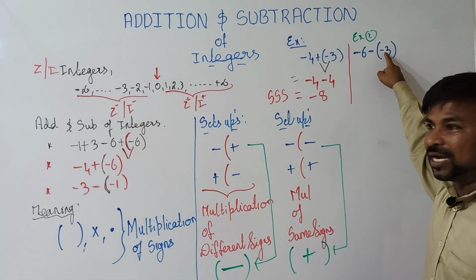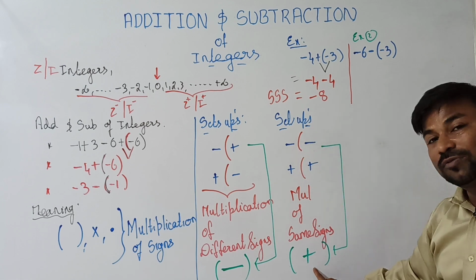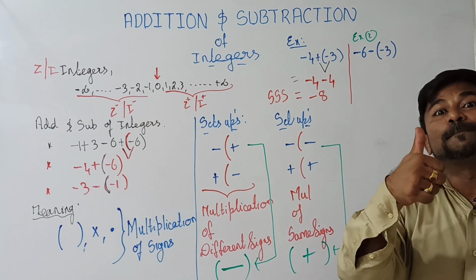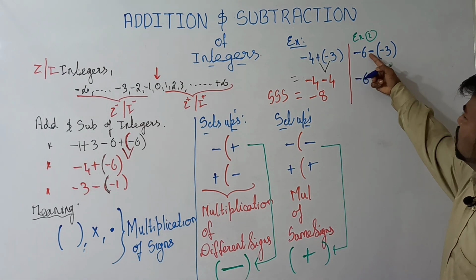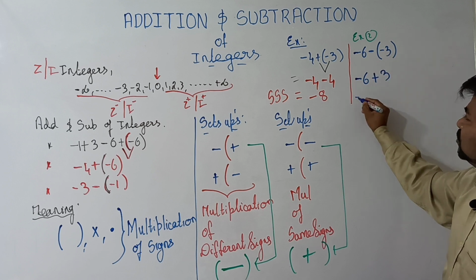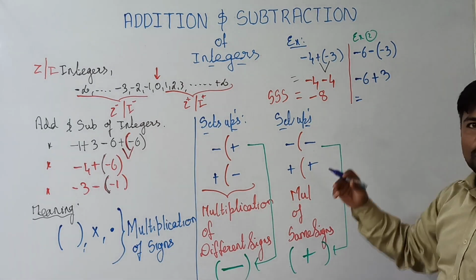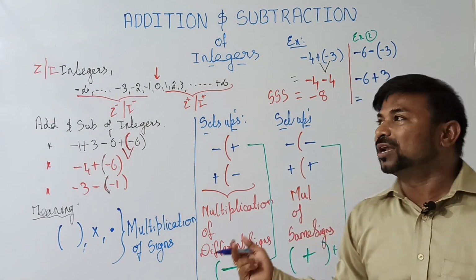Minus and minus means, if you are having same signs, what we are supposed to keep? You have to keep plus there. You have to remember that one. So it is nothing but minus 6 minus into minus, it's a plus, and it's nothing but 3. Okay, now if you check it out, we don't have any integers now. Here simply no multiplication sign. So now what we are having?